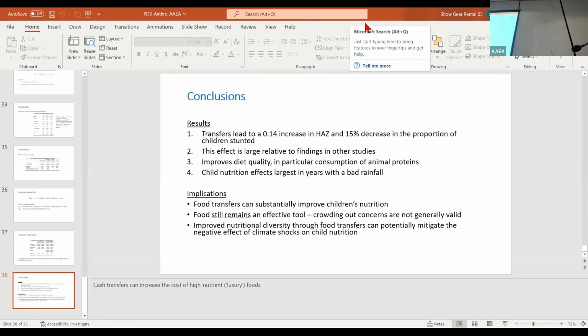Just had a quick question. What's the data source, number one? And second, is this a longitudinal study or just a cross section? Yeah, so the data source is ICRISAT VDSA, the Village Dynamics in South Asia, which is a panel of households and individuals over about 5 years. So we have anthropometric data for children for 5 years, and also household consumption over 5 years.